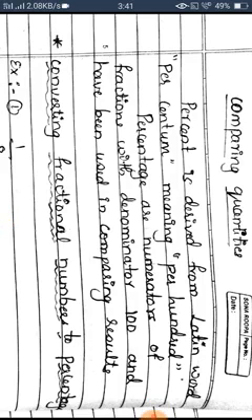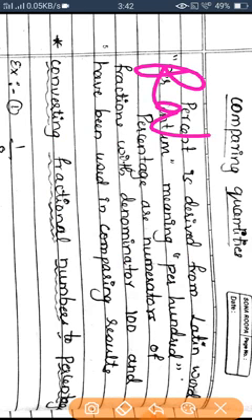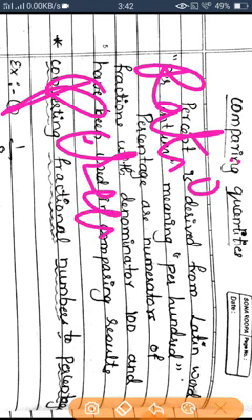See, comparing quantities means comparing one term to another. It may be centimeter to meter, like that. Quantities you can check by numbers also. Comparing means we are comparing two things by something. So by comparing quantities, which type of comparison takes place? By the ratio we can compare, by the percentage we can compare, isn't it?